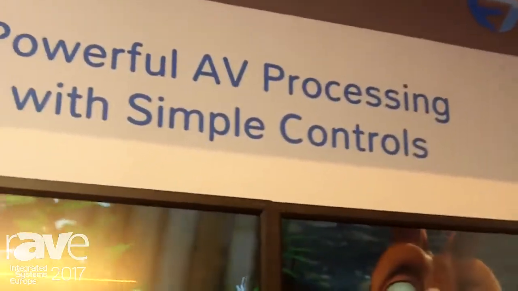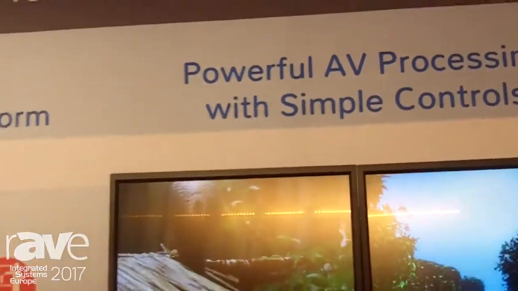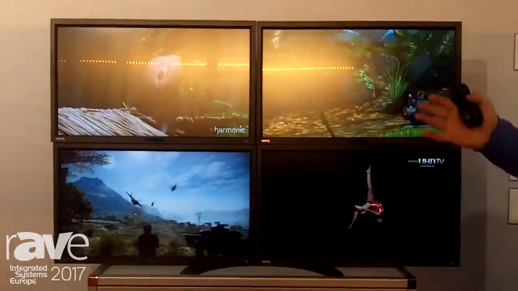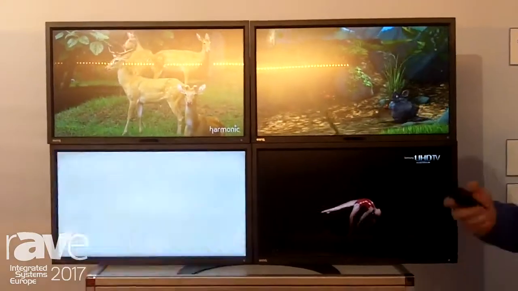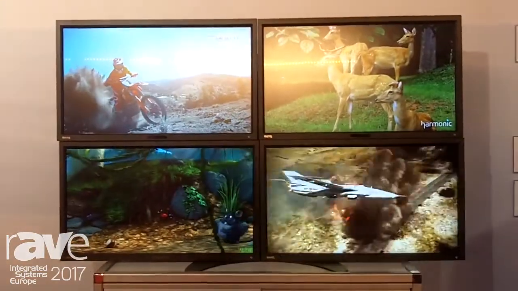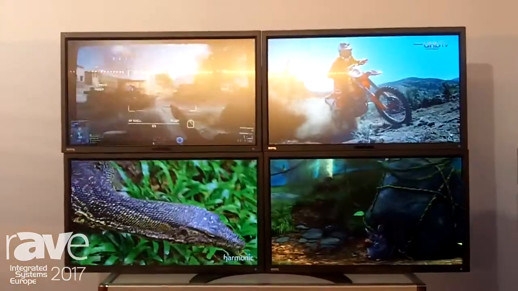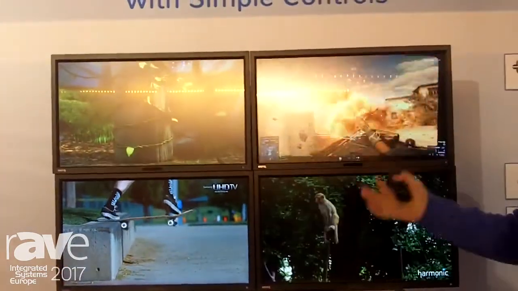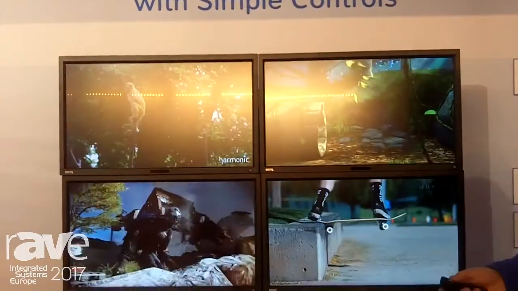Showing off some of that processing horsepower here at our processing demo. Here you see a typical matrix switch type application where I have 4 sources routed to 4 displays. Now, using the power of our 4K 60 scalers, we have very fast switching, only 1 frame of black between the images. And you can see the images move around. Again, this is a very typical matrix switch style application.